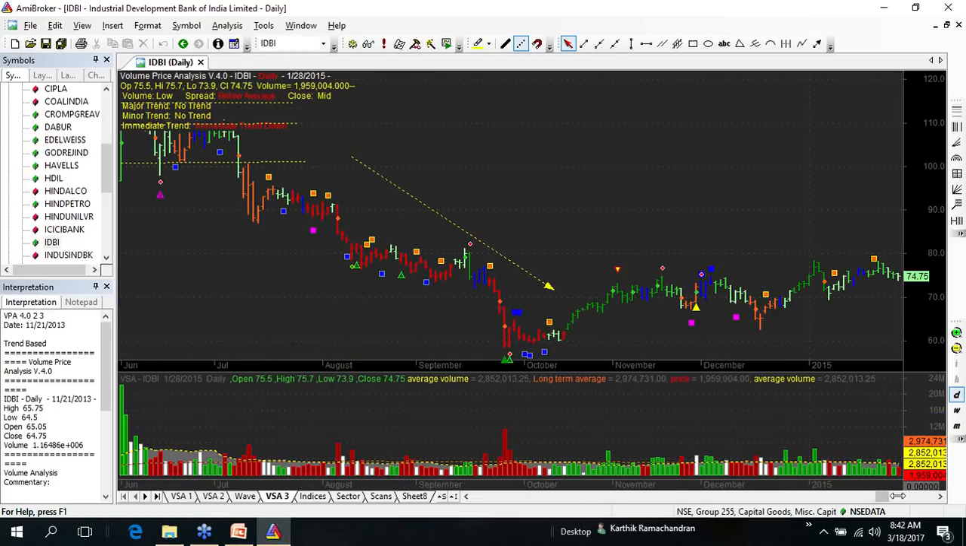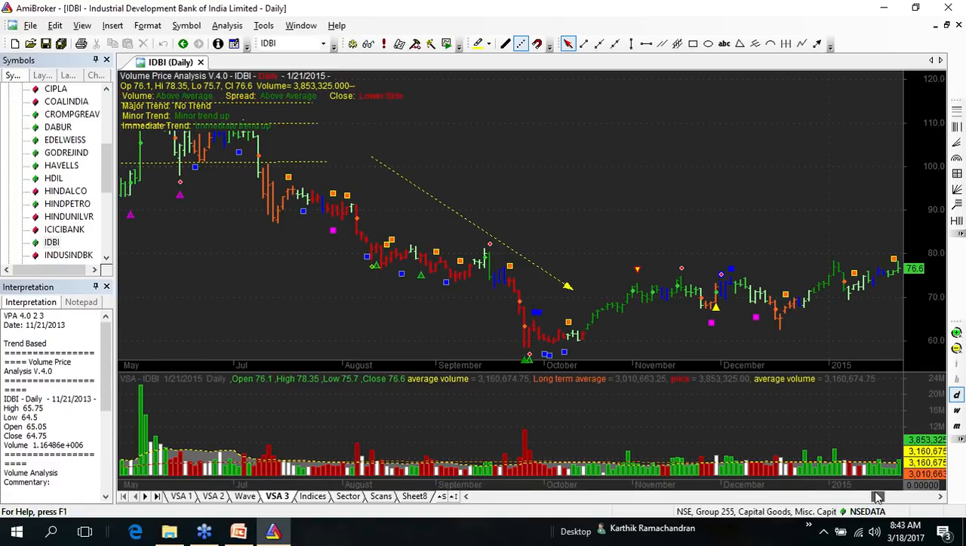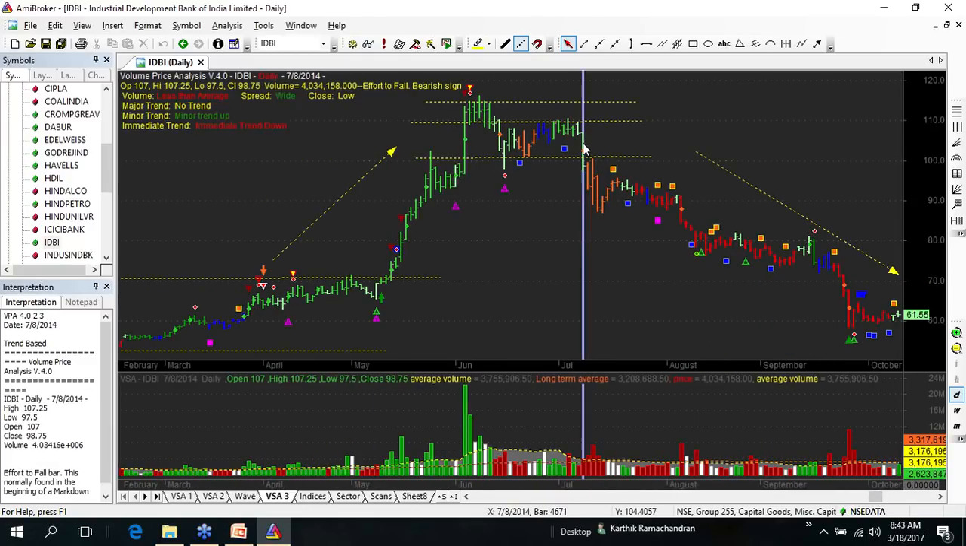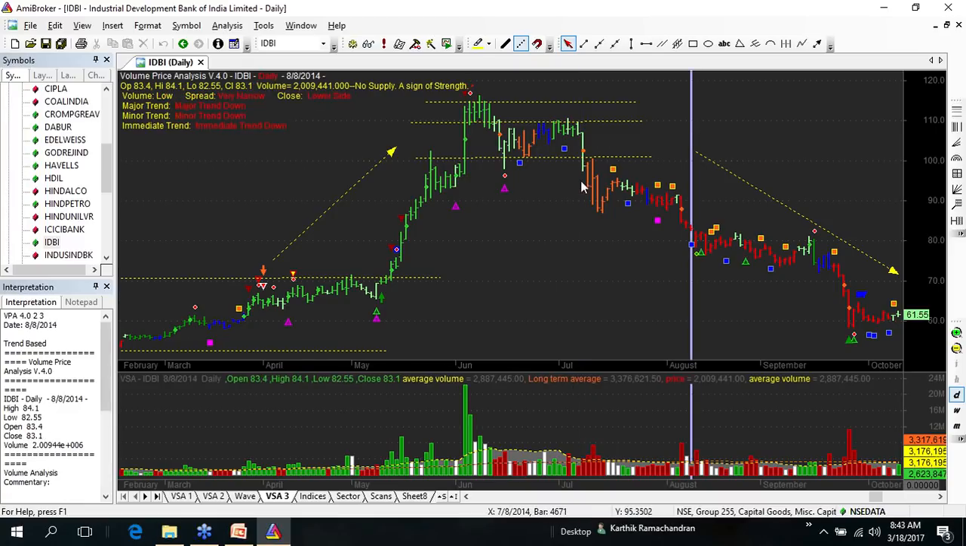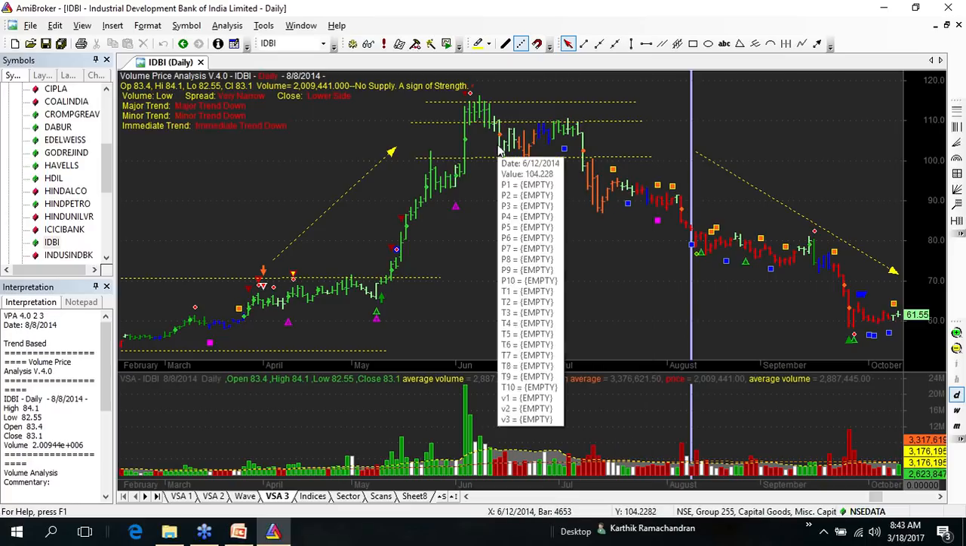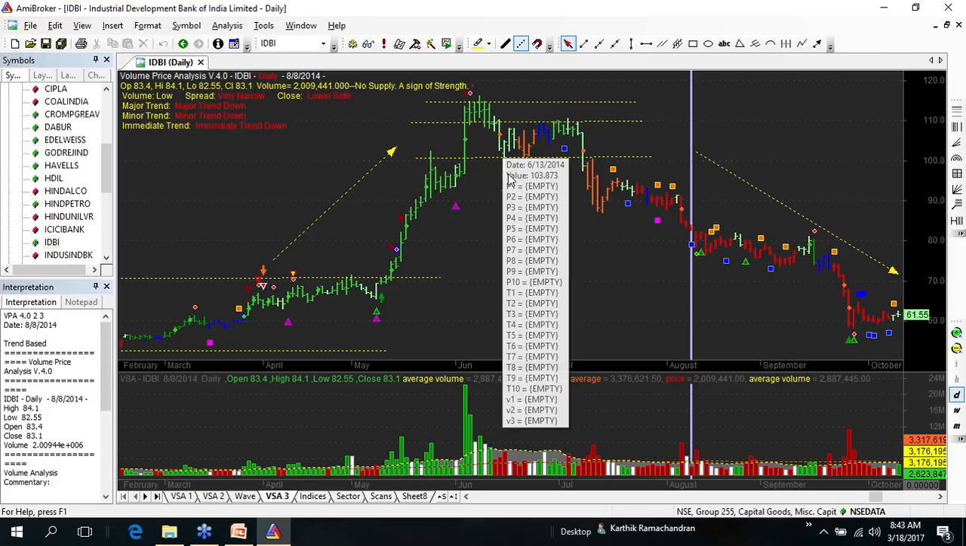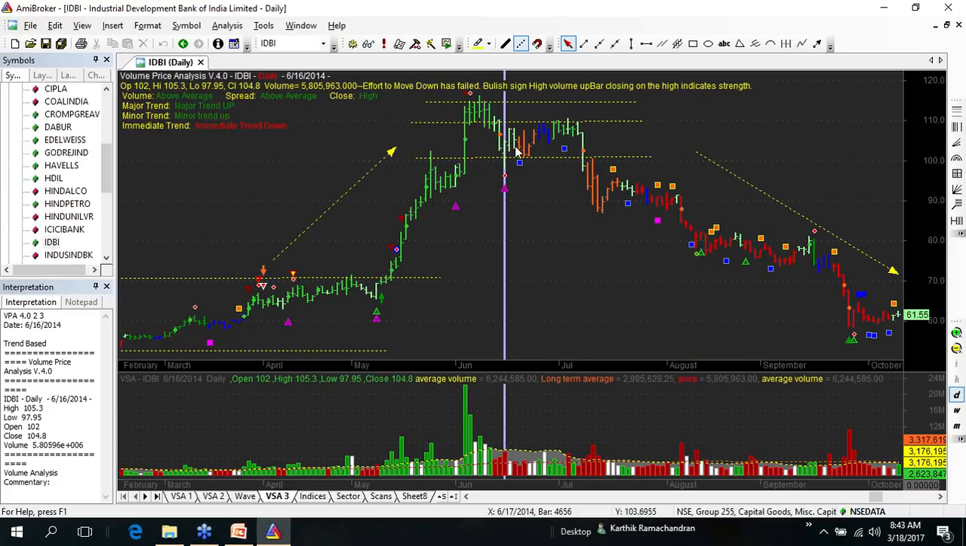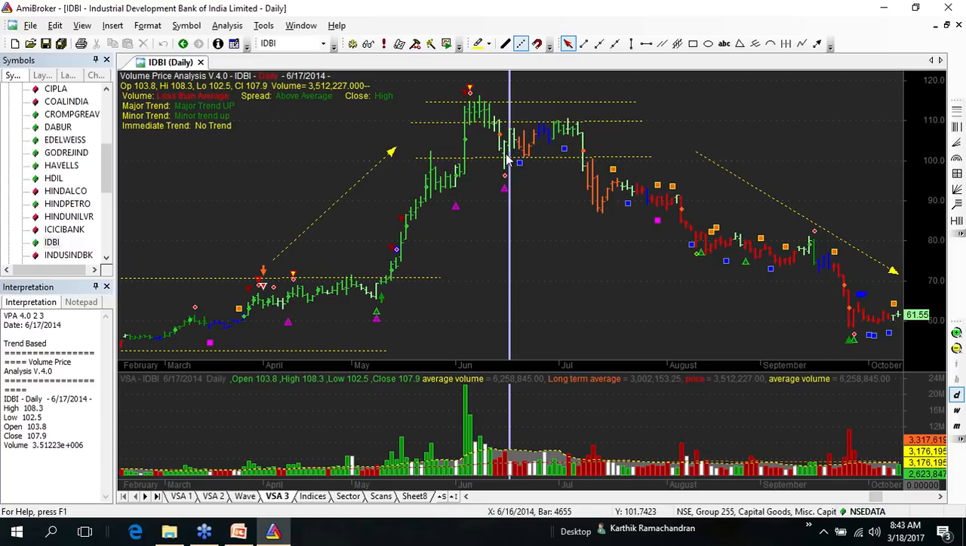These are the frequent signals. Now this one is an effort to move down bar, an effort to fall. So here it clearly moves out of the range. Even here we had an effort to move down bar, but that was clearly negated here